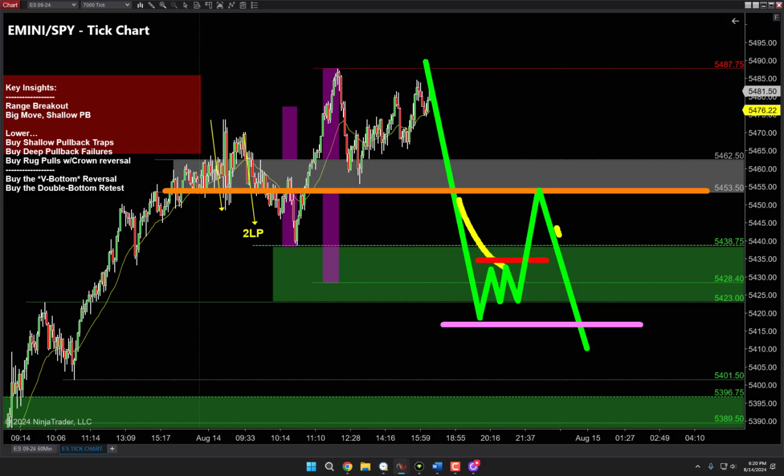Nobody does, right? So as it pulls back now, think about that same 1 try, 2 try. Why 2 tries? Because I want to trap the bears in. I want to squeeze those stops, force those sellers to become buyers now as it runs higher. And then again, as always, as the market goes higher, think about that shallow pullback, that higher high in price,